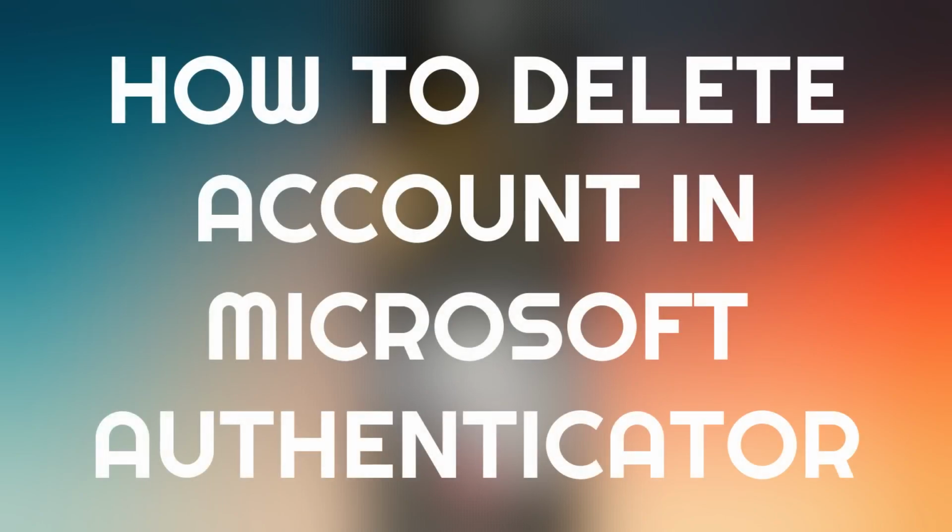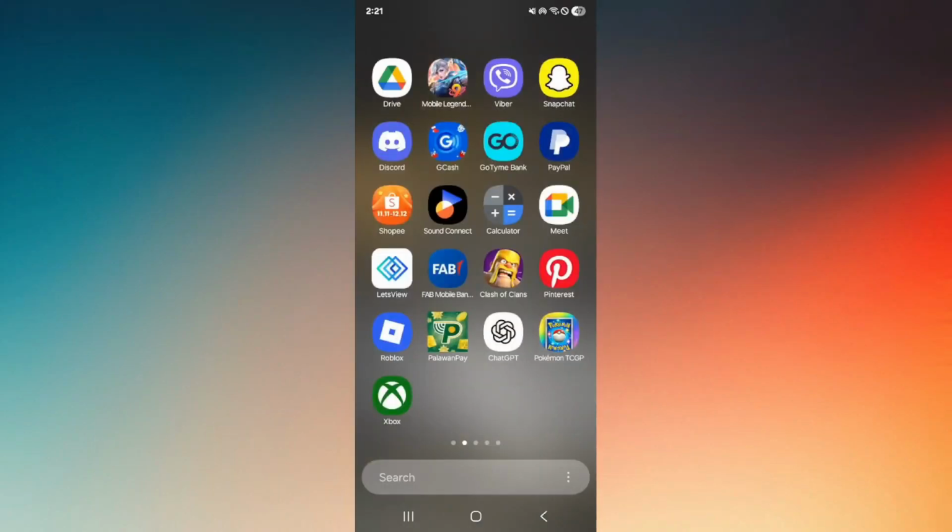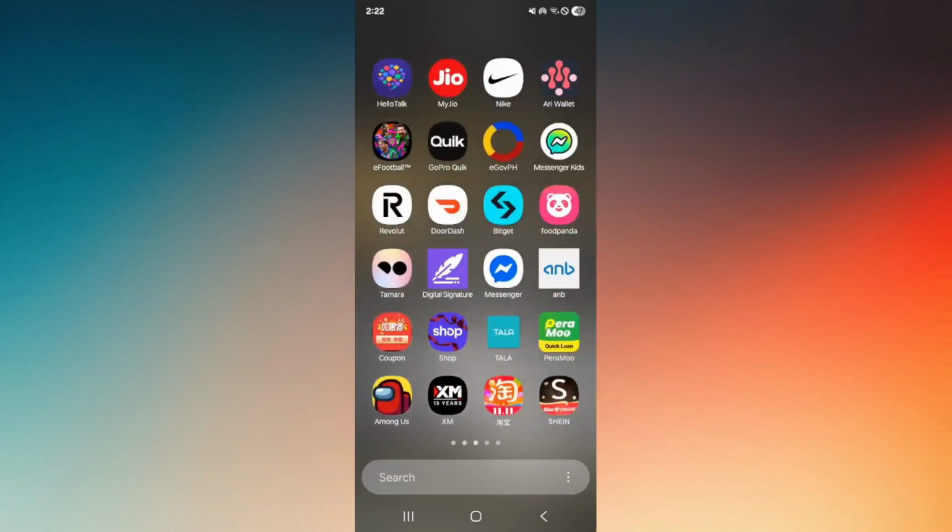How to delete account in Microsoft Authenticator. In this video, I'm going to be providing you a couple of steps. Well, basically, it's just a single step for you to be able to remove your whole account in Microsoft Authenticator. Now, open up the application,